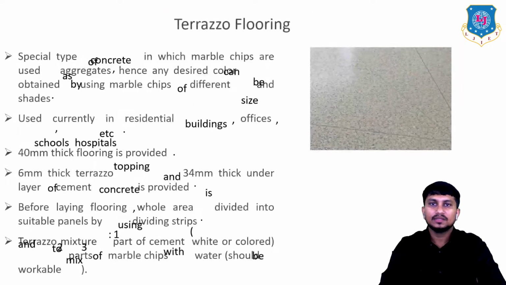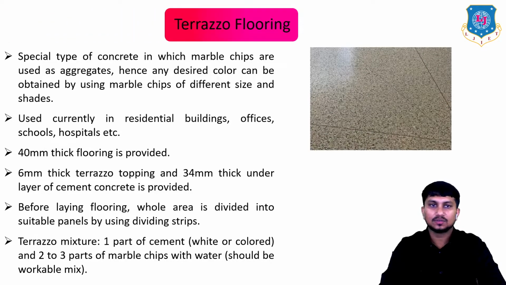Okay. The next type of floor finish is terrazzo flooring. This is a special type of concrete in which marble chips are used as aggregate. Hence, any desired color can be obtained by using marble chips of different size and shades. It is used currently in residential buildings, offices, schools, hospitals, etc. 40 mm thick flooring is provided in terrazzo flooring. 6 mm thick terrazzo topping and 34 mm thick underlayer of cement concrete is provided in this 40 mm thick